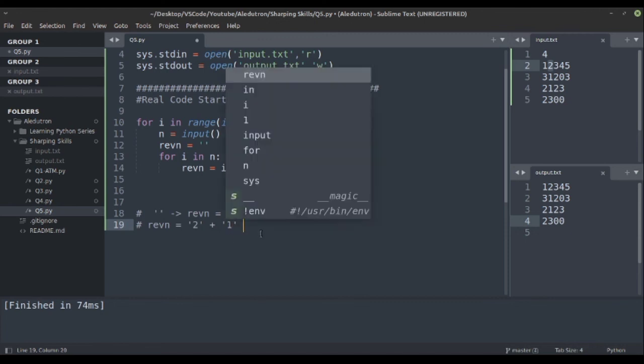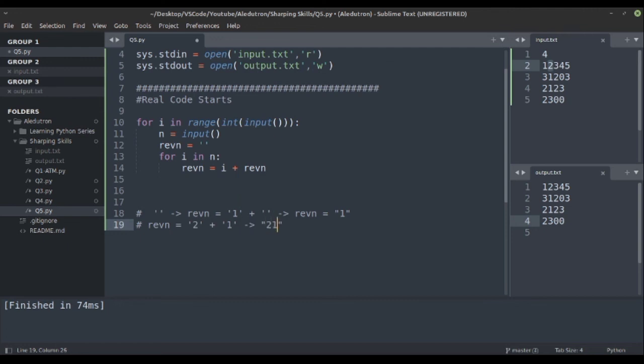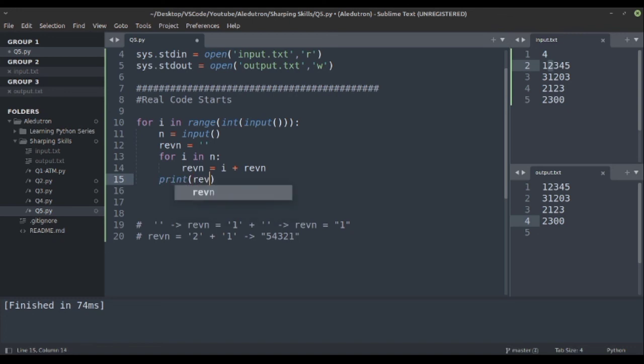So we will get 2 1. Similarly in the next case 3 will be added, then 4, then 5, and we will get the string 5 4 3 2 1. So let's print and see. That was the basic working.